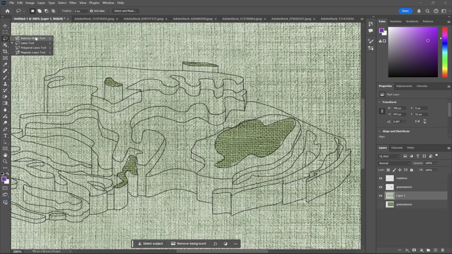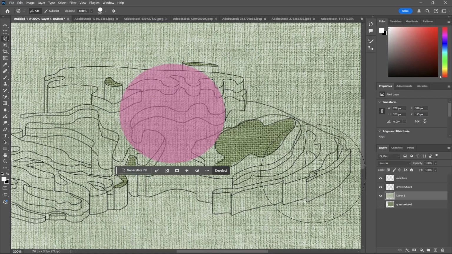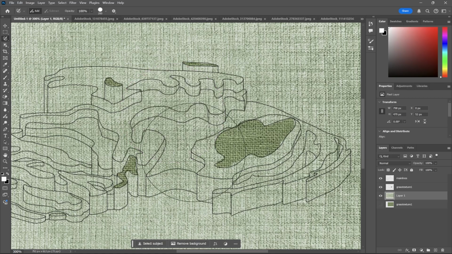Now I am going to show you how to select using the selection brush tool. Now that I have the selection brush tool selected, we can see that the brush is very big. So if I click, it will select the whole thing. So I'm going to hit deselect. To change the size of this brush, I can go up to here where it says 200, hit this, and I can scroll down, adjusting depending on that circle size that I see.